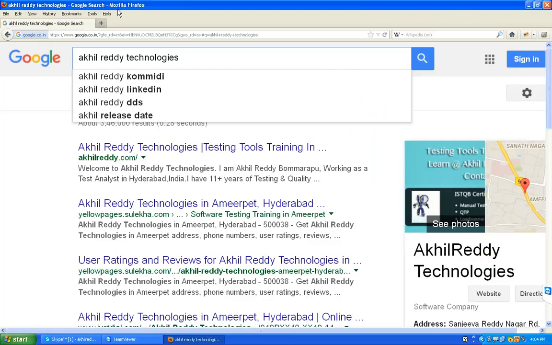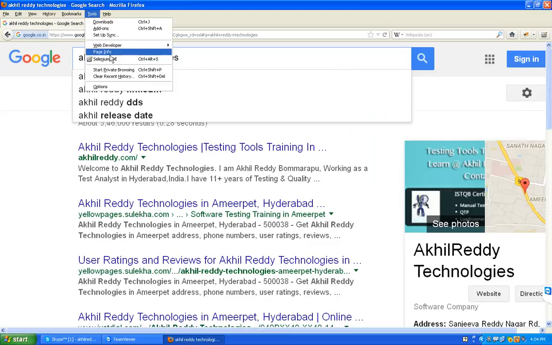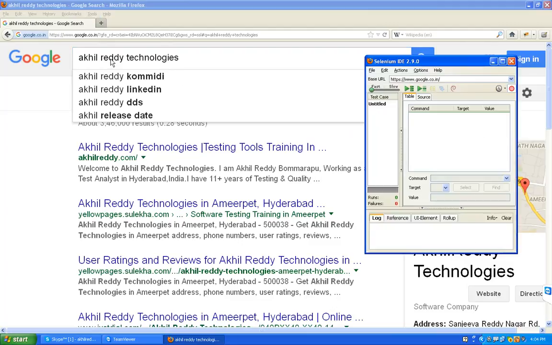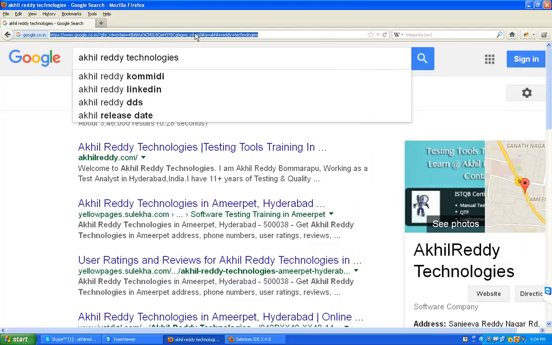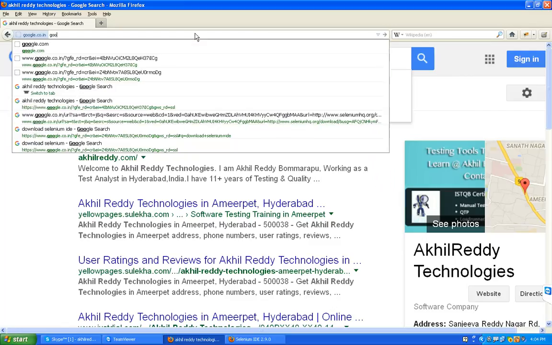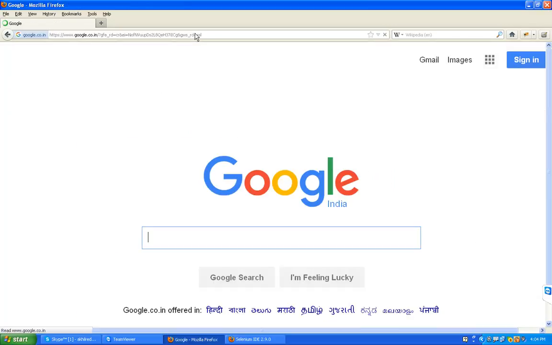Right. Now I'm taking new Selenium IDE once again. Automatically it is in recording mode. Google.com. I'm clicking on Gmail.